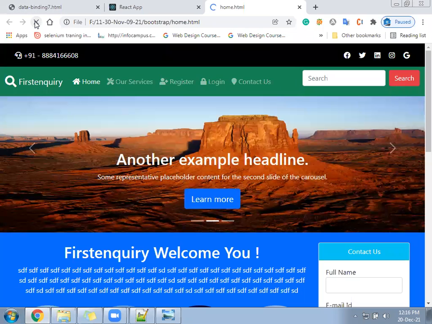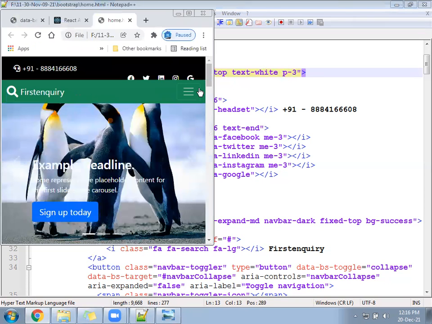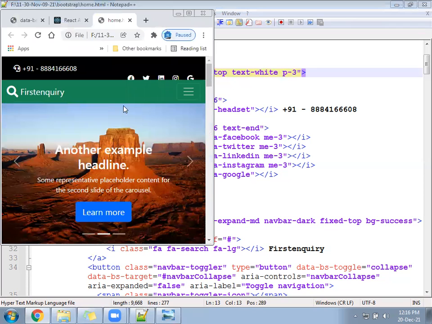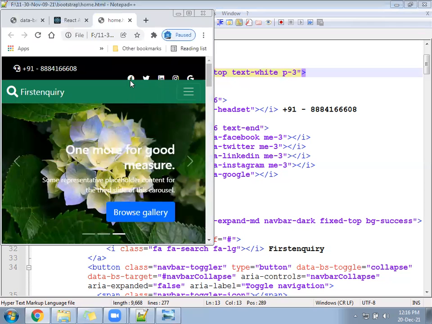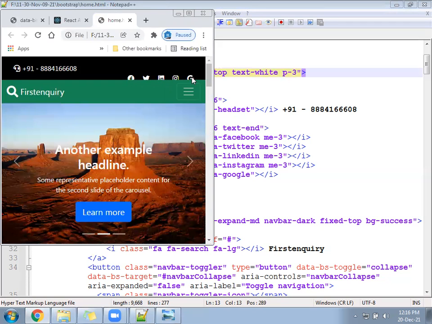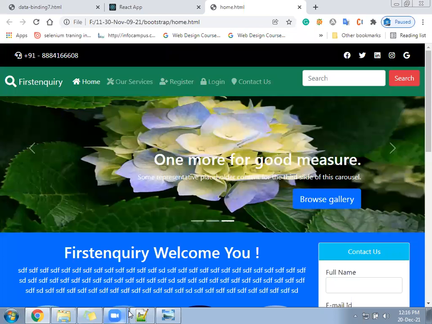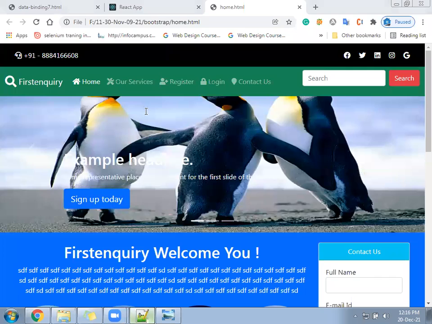Now, if you resize the window, if you minimize the window, the mobile phone view is a little off here. So what we can do, if it is a mobile phone, we will not display the right side block. If it is a mobile phone, then display only the contact number. Don't display the social media icon. So for that, we have to write our own CSS. It will not happen directly from the ready-made CSS.